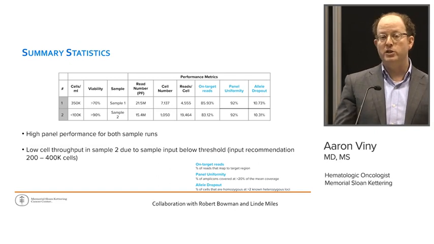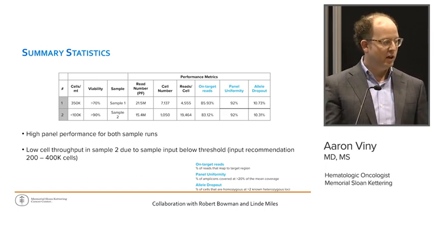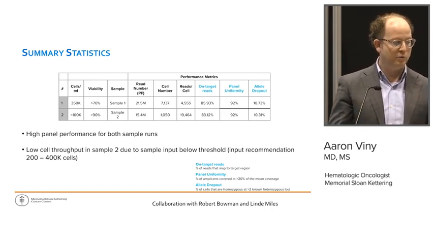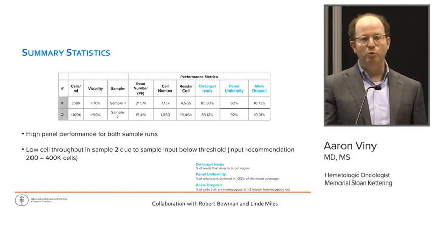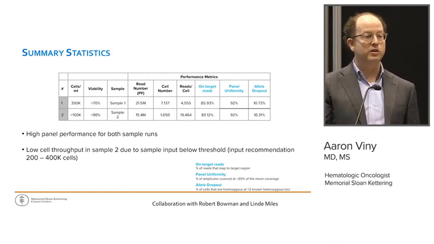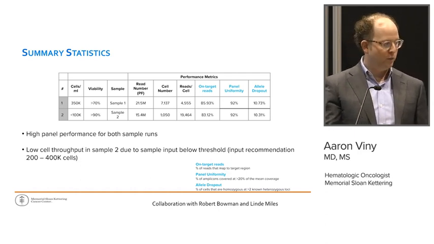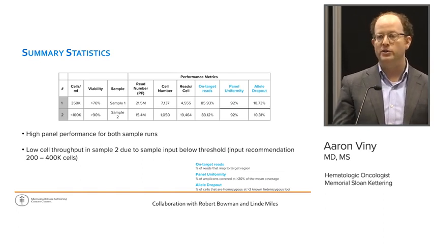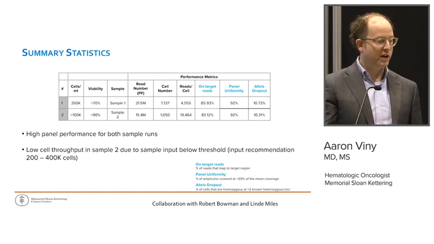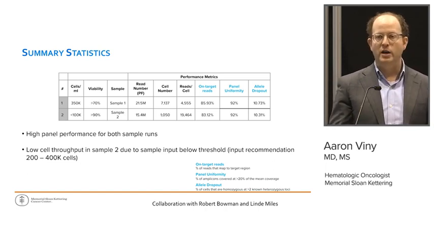So these are the summary statistics just to show you the input of cells, the number of cells that we can sequence by single cell, the number of reads, the on-target reads, and allele dropout rate. And so with one of these samples, we had excellent cellular input. For patient 1, we had 350,000 cells that went in. We were able to sequence 7,100 individual single cells with on-target read counts over 80%